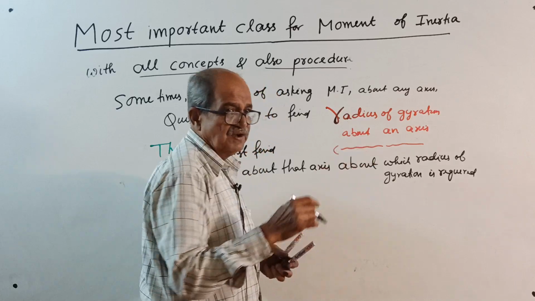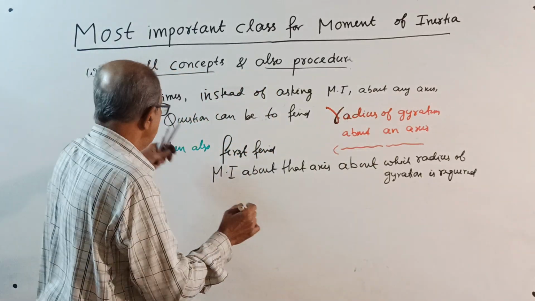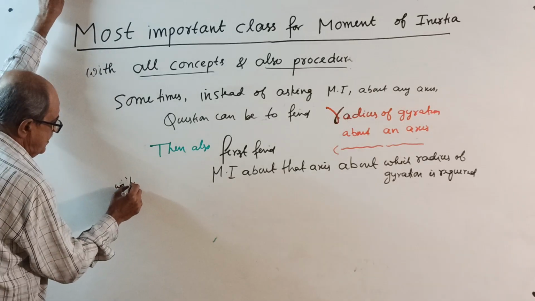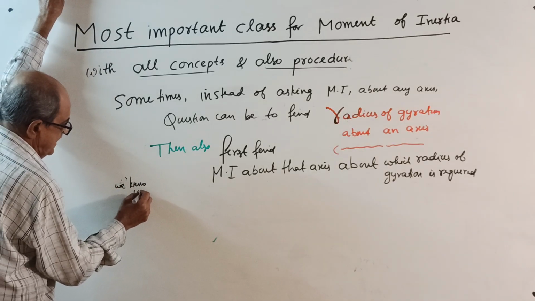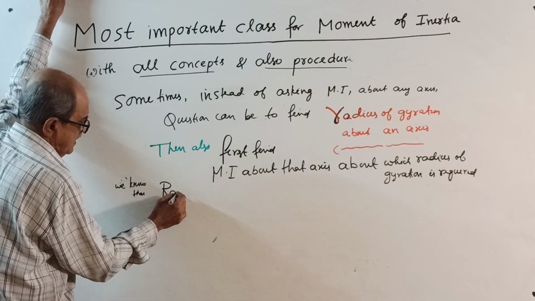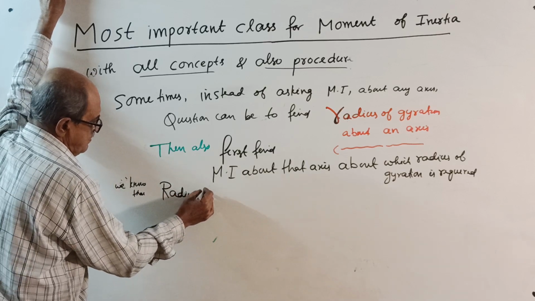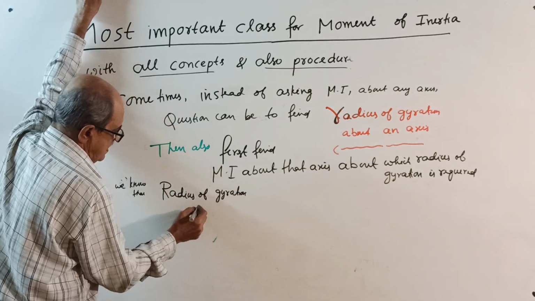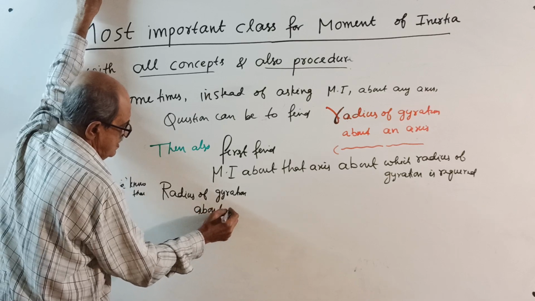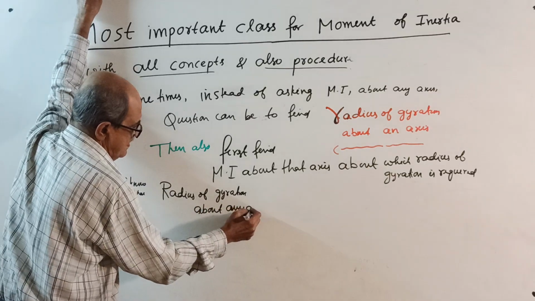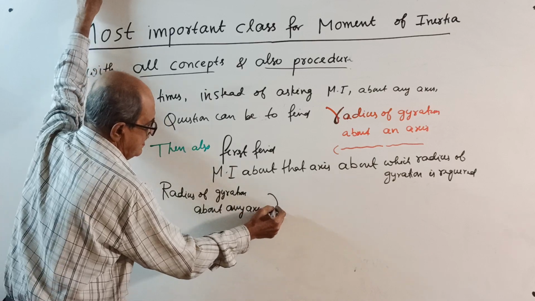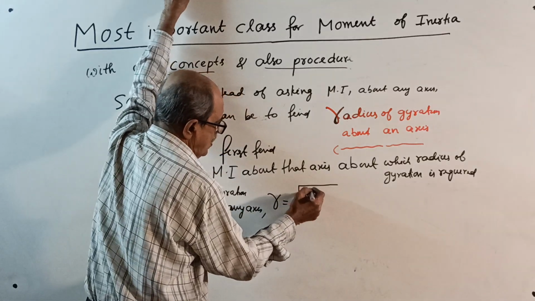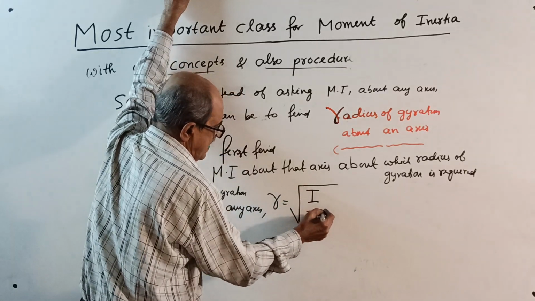Then also first find moment of inertia. Because, I will write here now, the reason. Because we know by this time that the radius of gyration, black color will do, radius of gyration about any axis,